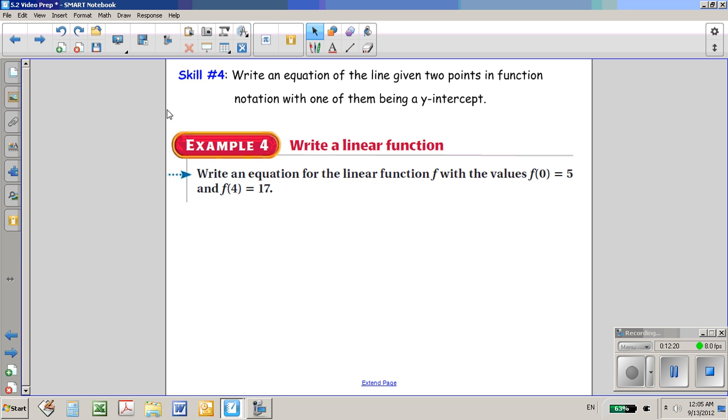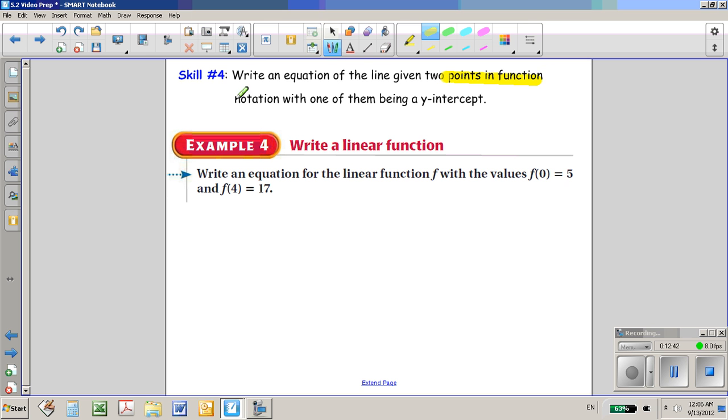Alright, so this is not the last skill in the section, but this is the last skill we're going to learn in the video. So it is writing an equation of the line given 2 points in function notation, with one of them being a y-intercept. So I know it's a handful, so we're going to concentrate on one thing at a time. We are going to first worry about